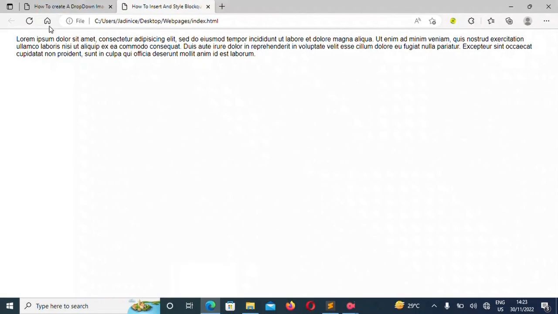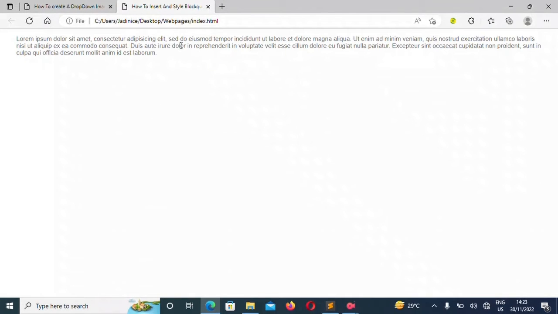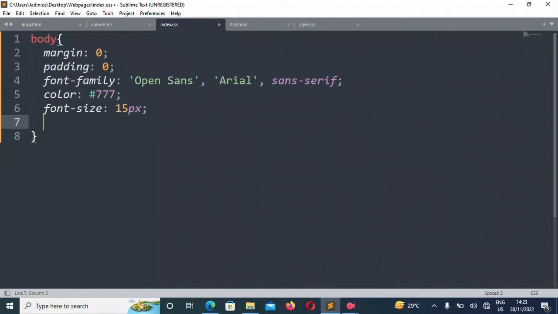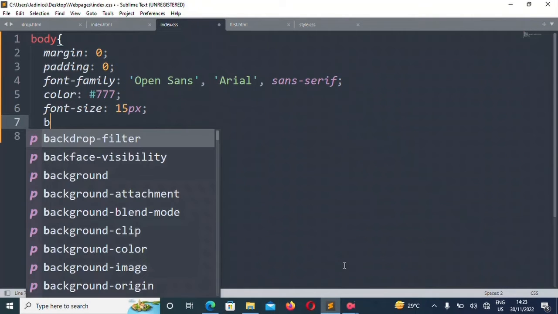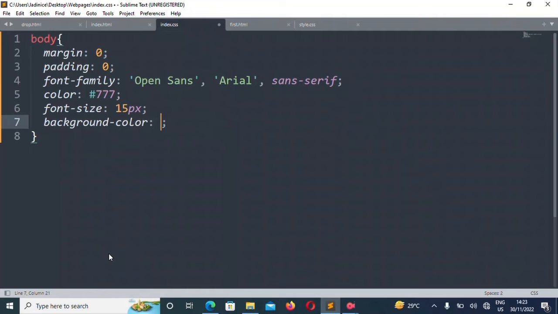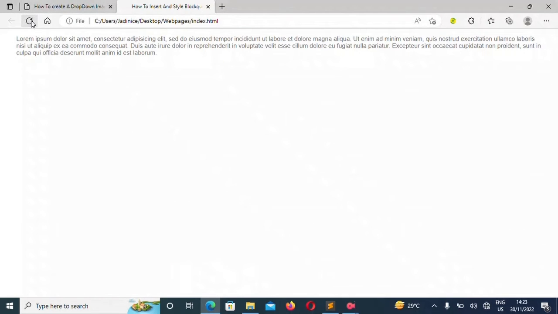I'll save it first, then refresh, and then you see it's a little dimmer because of the color that I used. And then I'll make the background color to be white. With that, we save and then refresh finally, and then we can see it all there.